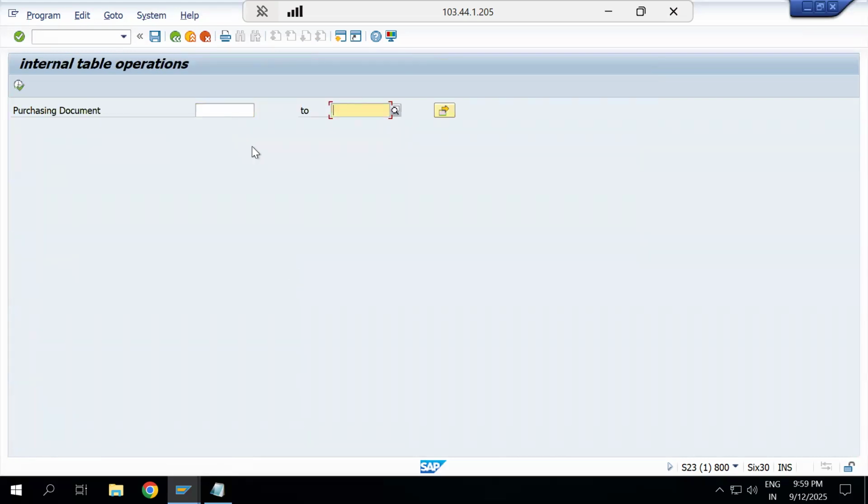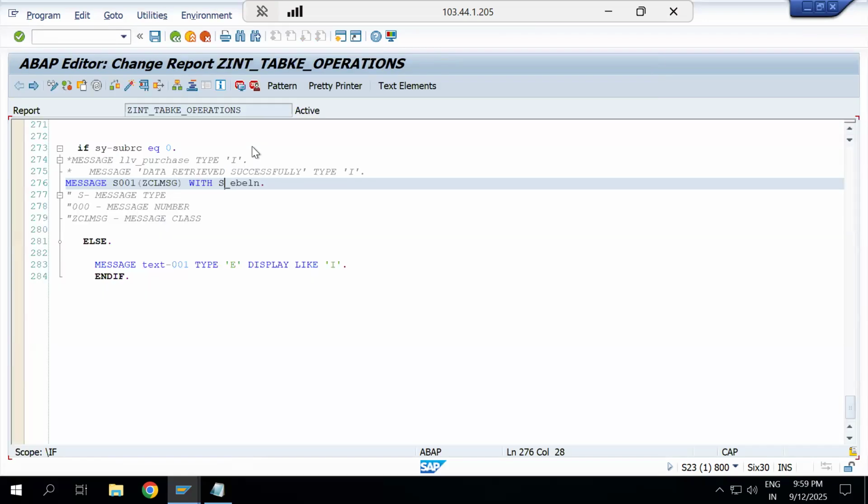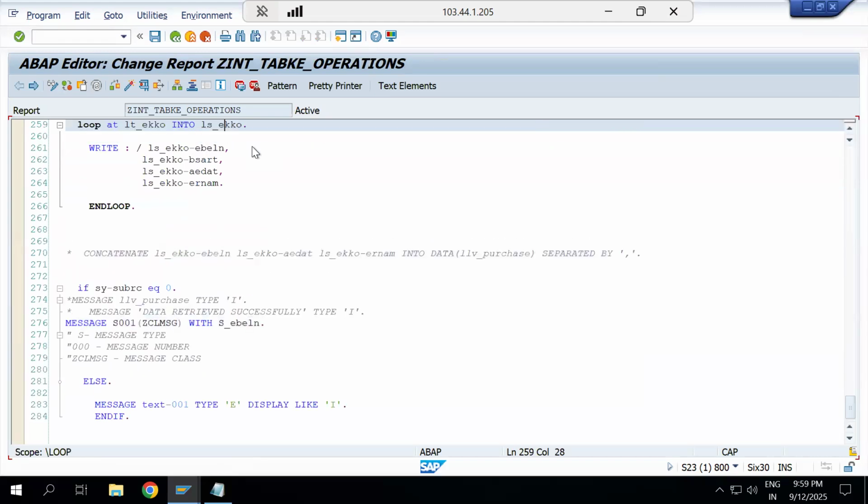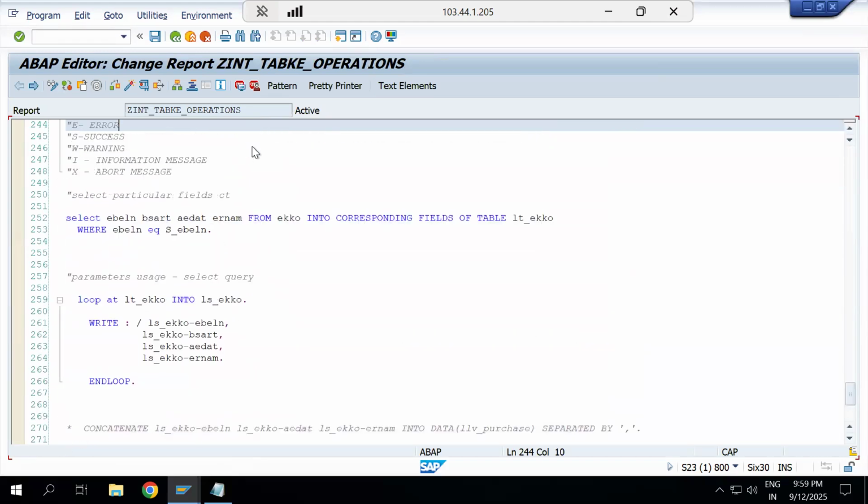So now you can guess the same query, but the only change in the SQL query is whenever you use the parameter, you have to use the equal to. Equal to means it's a single value. Whenever you are using the select option means it's a